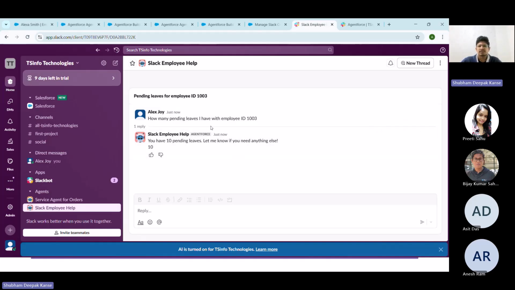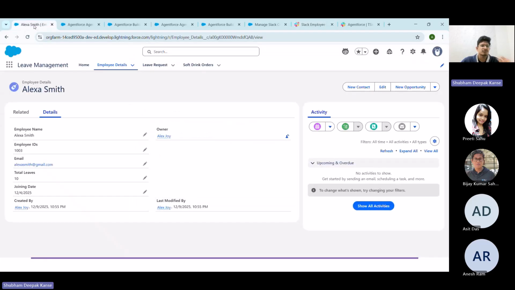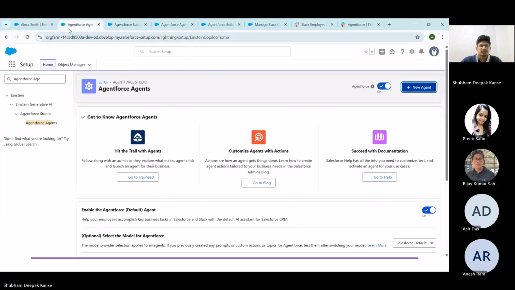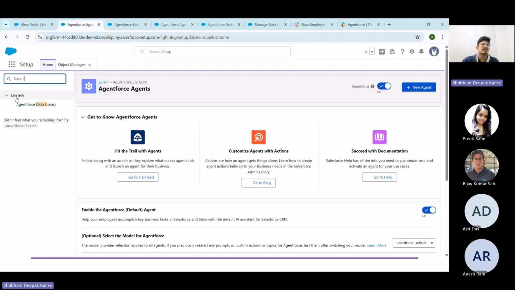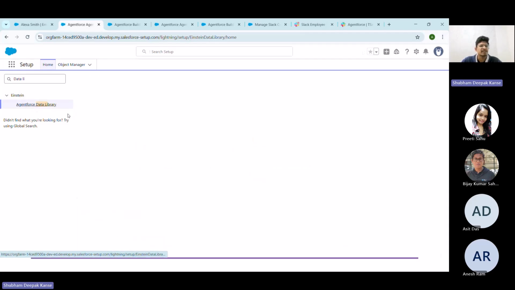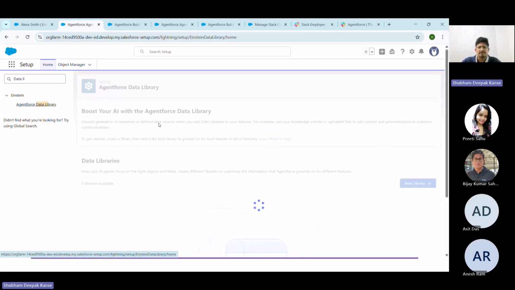So one thing that I need to show you that we haven't done while creating the Slack agent is that I want to know the information from the PDF. So what I can do, here I need to search for the data library. Here you can see under the Einstein, we have the Agentforce data library. As I click over here,